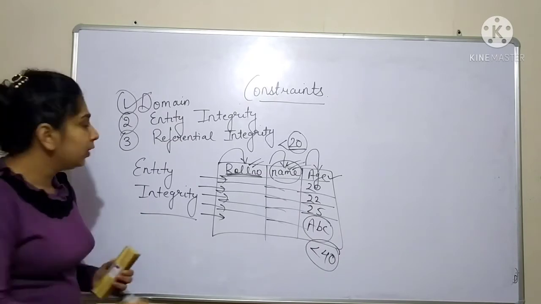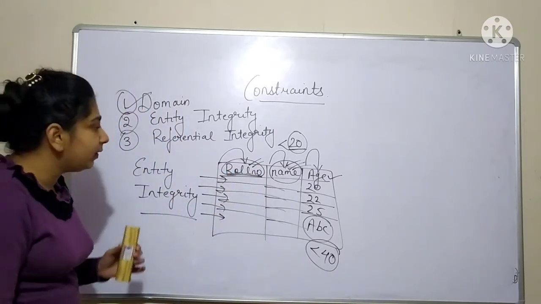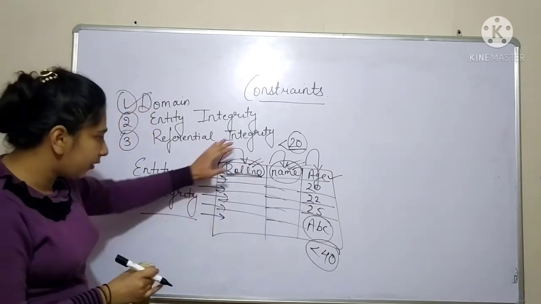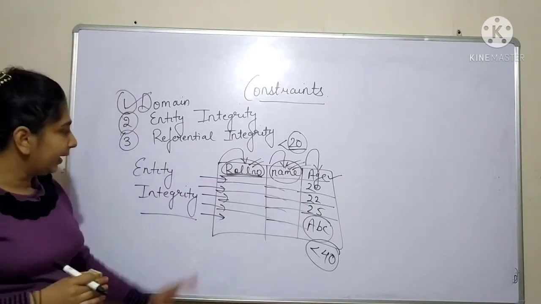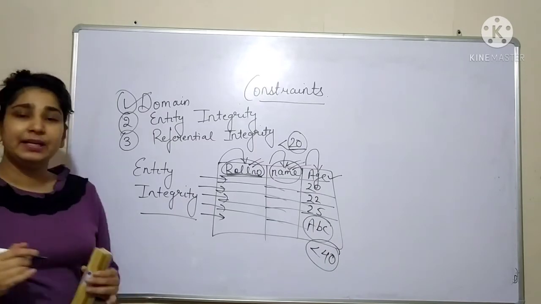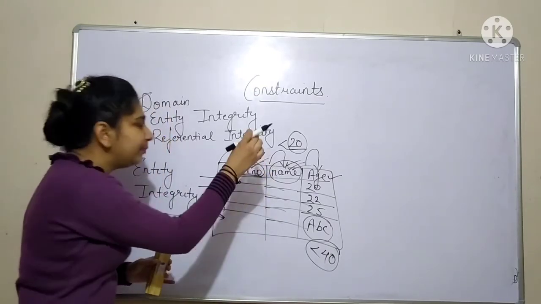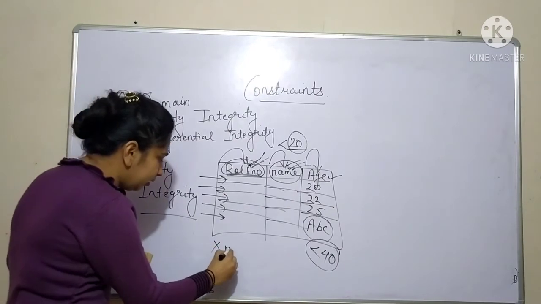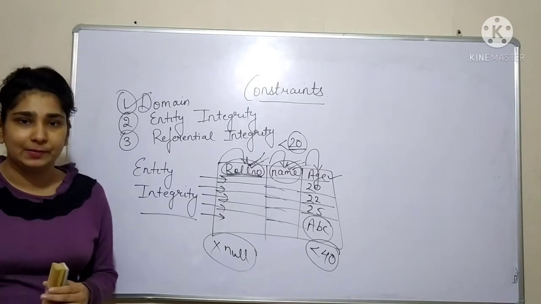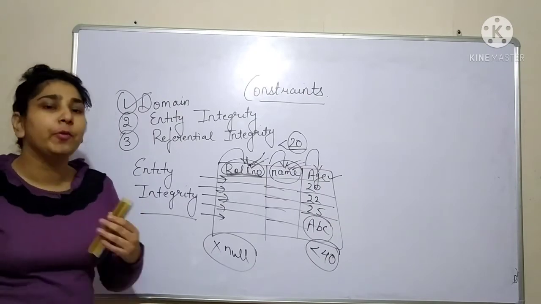We have roll number as the key attribute. As it is a key attribute, it is the most important attribute of this relation. So what does entity integrity constraint say? Entity integrity constraint says your primary key, as we can call it, shouldn't be null. Your primary key attribute should never be null. If it is going to be null, then we would have a problem.